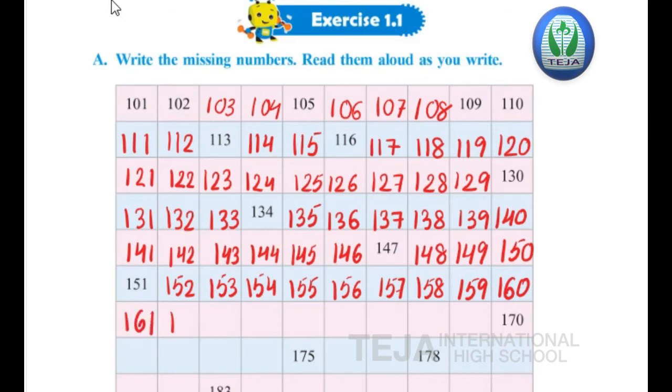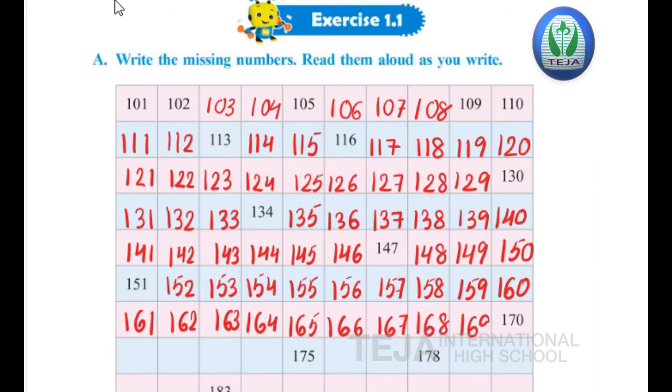Next 161, 162, 163, 164, 165, 166, 167, 168, 169. The next number is 170. Then comes